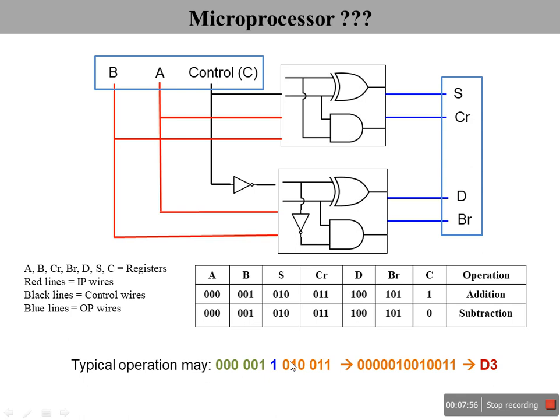After that, output will be 010. Where is 010? 010 is meant for sum, that is the 1 bit register sum. Then 011 is the carry. So if I convert this set of ones and zeros, I'll get it as D3. Now this is the basic understanding of a microprocessor. It may not be exact, but it gives a notion about what a machine language is, and how the blocks are connected inside an ALU of a microprocessor, and so on.